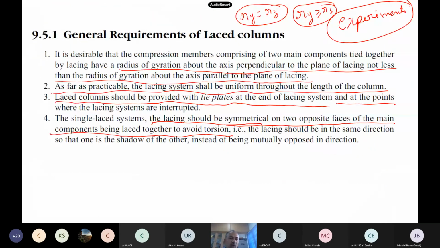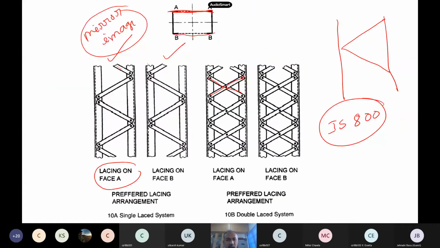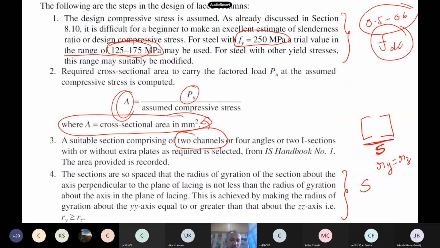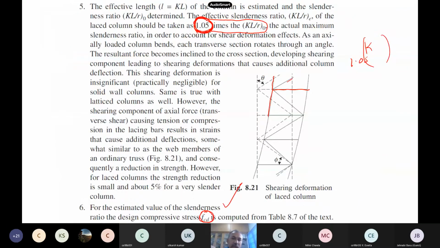Okay. So anyway, as far as this course is concerned, you should just remember that shear deformation is very important in lacings as well as battens. This I already explained to you in the last class. So in the code, in the design steps, the problems our TS will explain. The most important thing you should do is the slenderness ratio. You can see here the original column slenderness ratio, whatever you have for buckling, for a laced column you have to take it as 1.05 times that. So you are increasing the slenderness ratio.